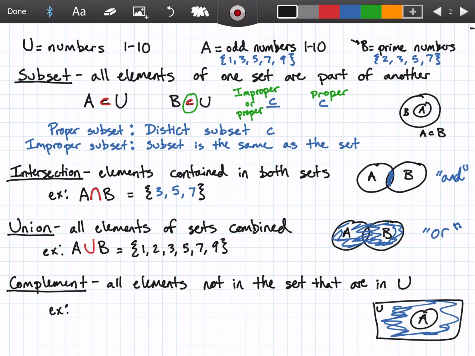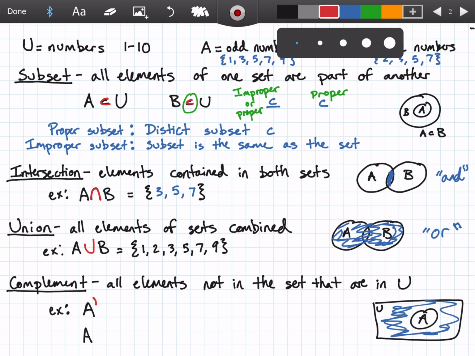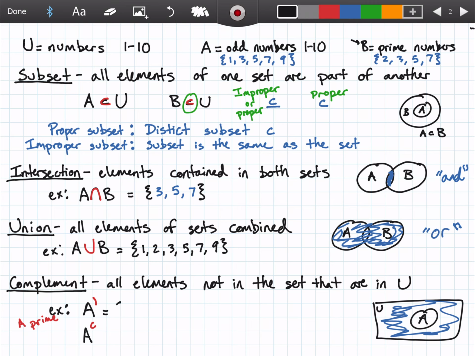The notation that you're probably going to see most for this is going to be like a little apostrophe. I've also seen it before as like a little exponent of the letter C, but you're probably going to see the apostrophe more. So it's either going to be A complement. You might also hear it be called A prime. Either one, honestly, probably more in life, you're going to hear this as A prime. So we're going to stick with that. So everything that's not in A, that's part of the universal set, well, that would be our even numbers. 2, 4, 6, 8,